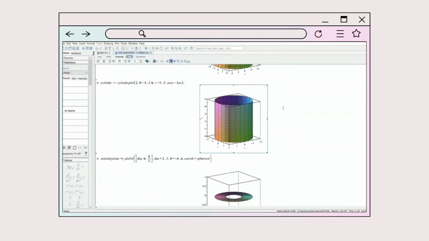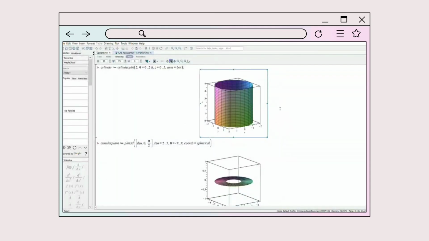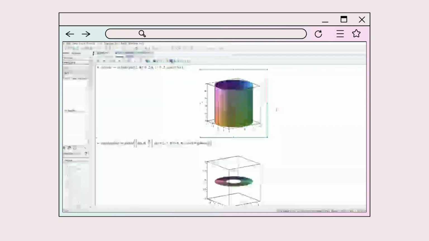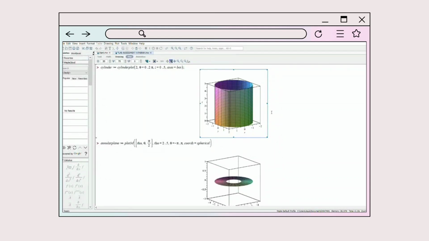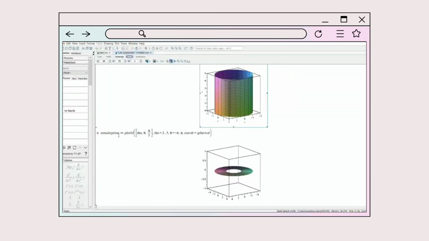Next, we will proceed to plot the annular plane. An annular plane is basically a ring of circle with a circular hole in the middle. From this annular plane, we can obtain the surface or plane between the hemisphere and cylinder. So, we are using plot3d to plot the annular plane, where the expression is rho, theta, and pi over 2. Rho is 2 until 5, where 2 is the radius of the cylinder and 5 is the radius of the hemisphere,